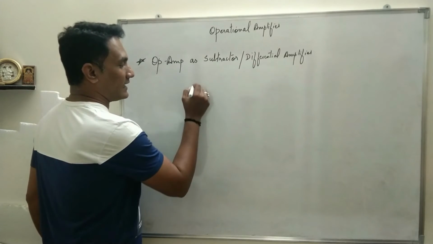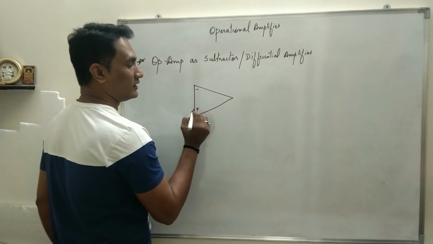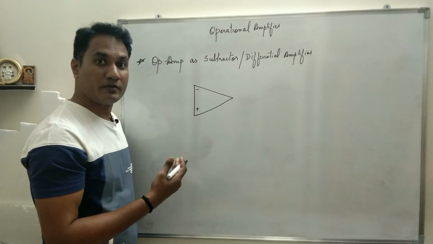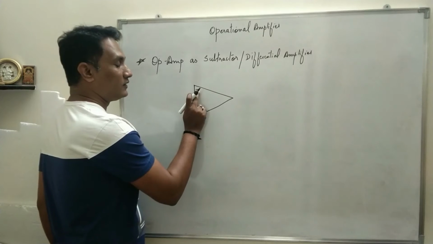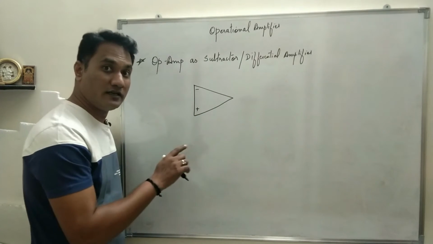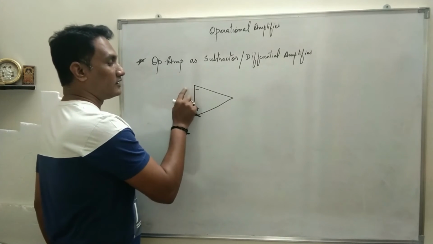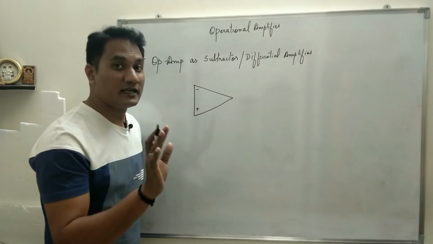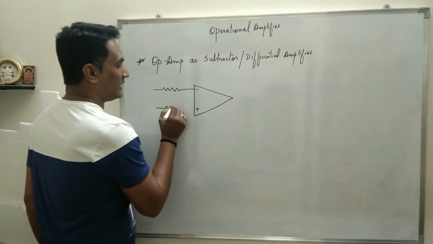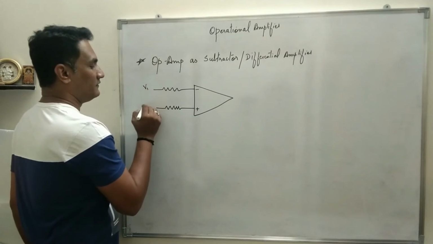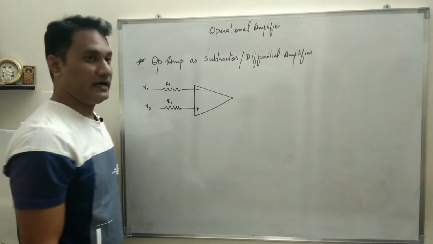Okay, so see the diagram, the circuit diagram. You have the inverting and the non-inverting terminal. When you use the op-amp in inverting mode, you connect the non-inverting terminal to ground and the input is given to the inverting terminal. When the op-amp is connected in non-inverting mode, the input is given to the non-inverting terminal and the inverting terminal is grounded, right? But here in this case we will provide two inputs. Okay, two inputs. I will call these two inputs V1 and V2, given to the two terminals, inverting and non-inverting.